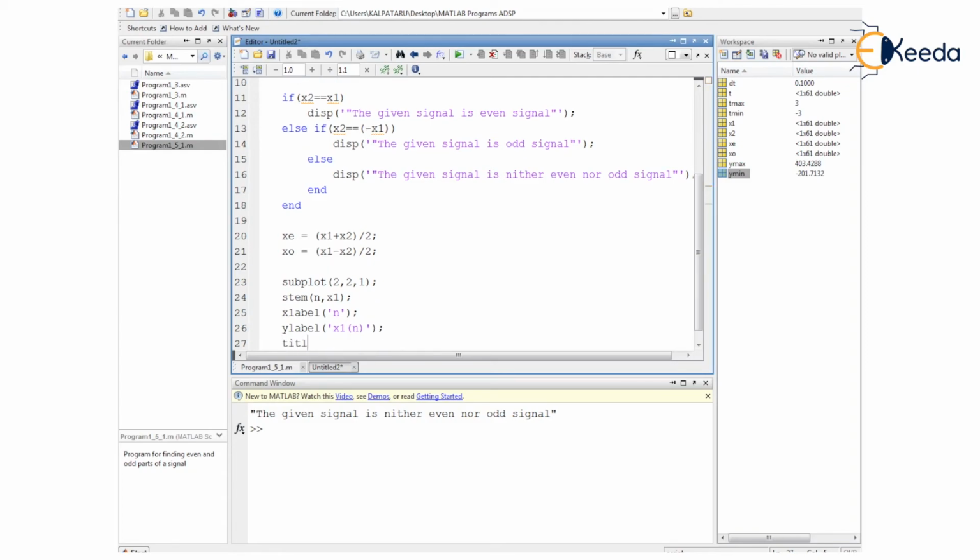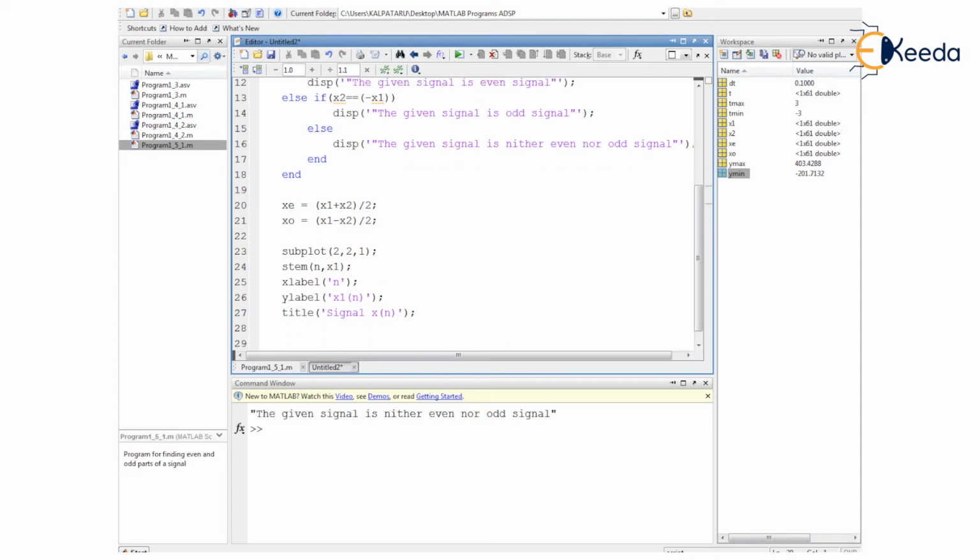And finally we are providing title to this particular section here. The title will be the original signal as represented, so signal x of n here. So ending this with the help of semicolon. Now the original signal has been displayed into the first cell of the subplot 2 comma 2 here, 2 rows and 2 columns here. Now into the second cell we will like to plot its mirror image.